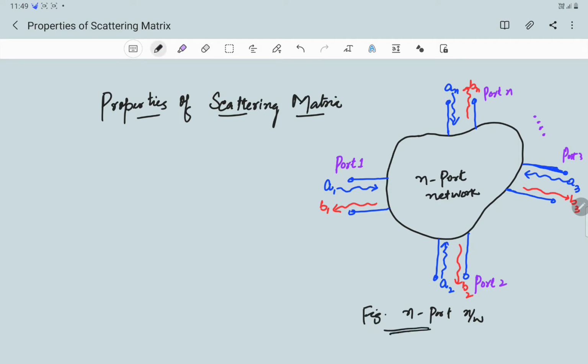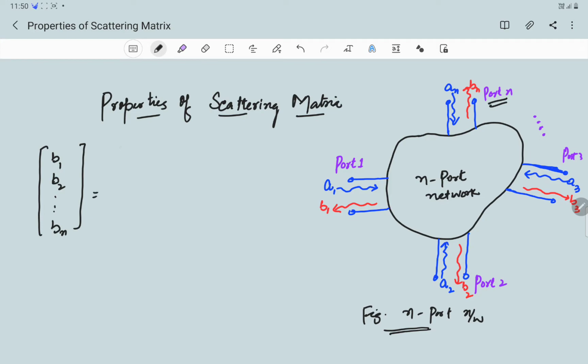At port 1 we have A1 as the incident wave and B1 as the reflected wave. Likewise at port 2 I have A2 as the incident wave and B2 as the reflected wave, and so on up to port N. At port N I have AN as the incident wave and BN as the reflected wave. In the previous lecture we saw the reflected waves B1, B2, so on up to BN,